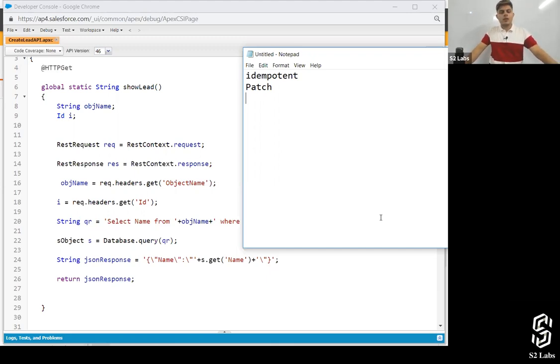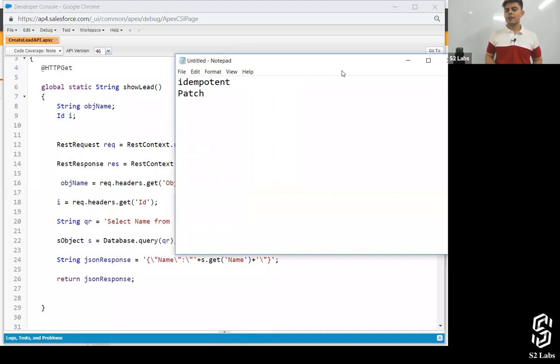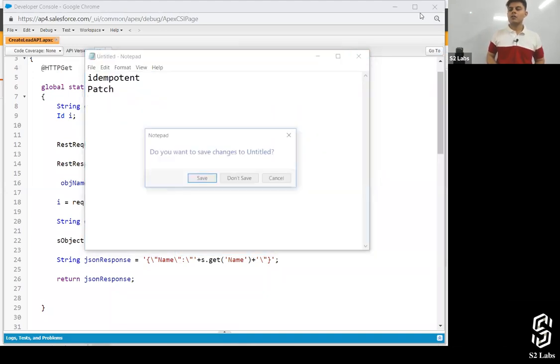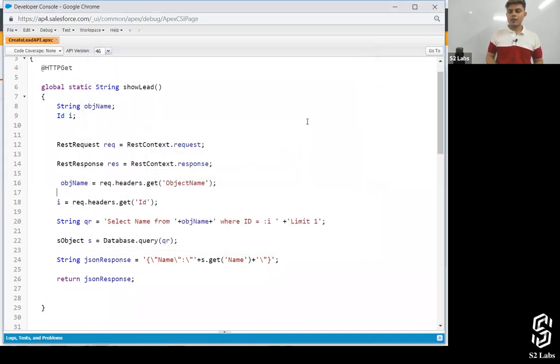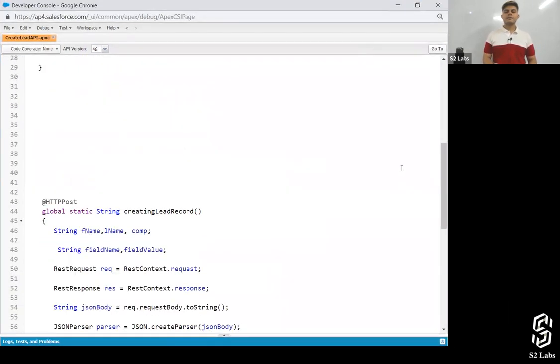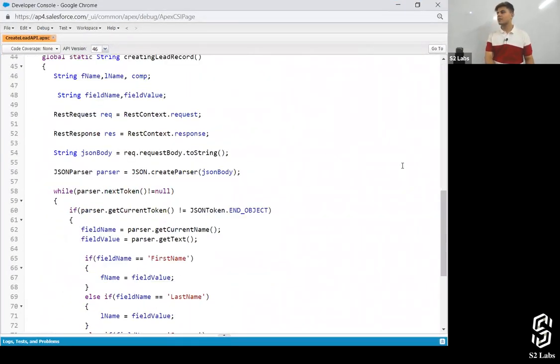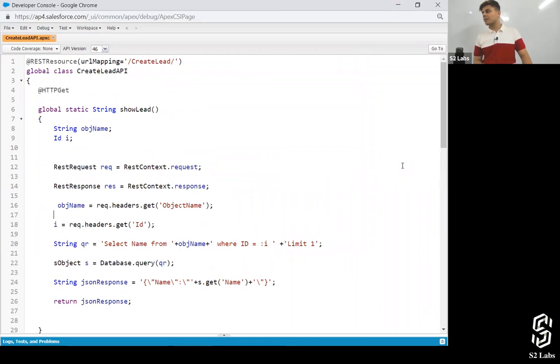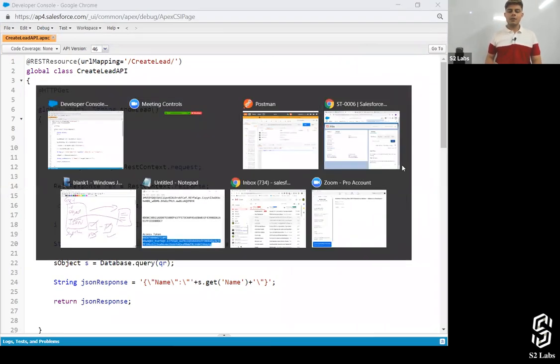Clear? Okay. So these are some methods, and there are many more others that have been created along the way. But these are some methods that you can declare and use when it comes to creating an API in Salesforce. So we're good with this, right? Get method, post method, whatever method you want to create, we can create in a single API. So till now, what we have learned is